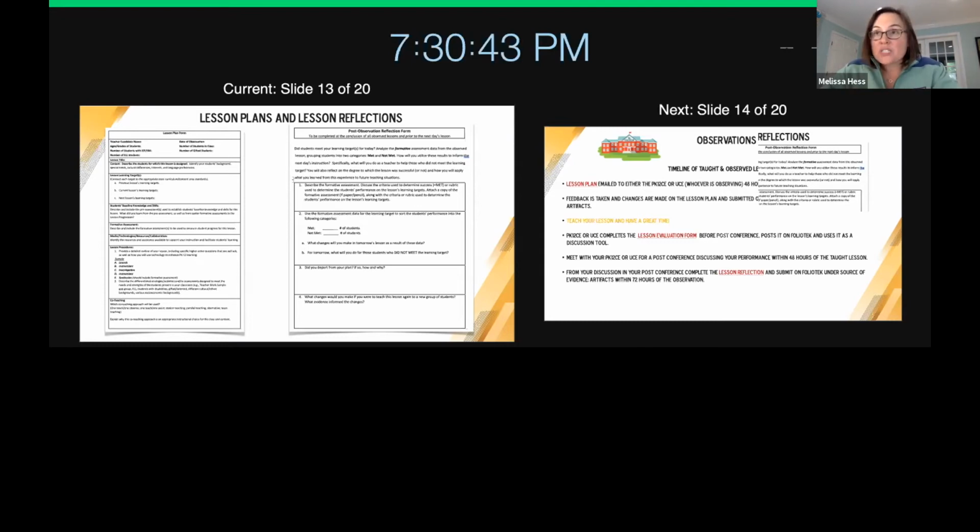But that just shows that you are really looking at the comments that we're making and really reflecting if those are the comments that you want to keep, if you do want to make the changes. It also helps us when I go back and look at your post-observation reflection form at the very end.